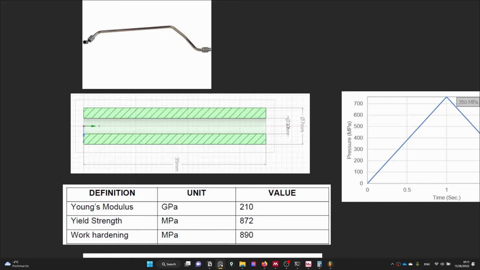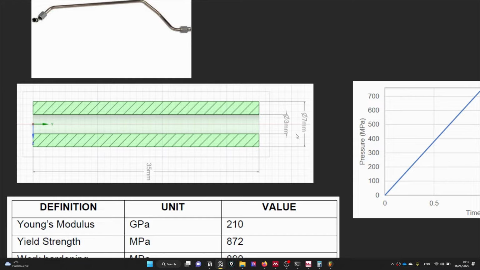which has the inner diameter 3 mm and the outer diameter 7 mm. It is a tube and the length of this tube is 35 mm. These dimensions are taken from the application of the water jet process